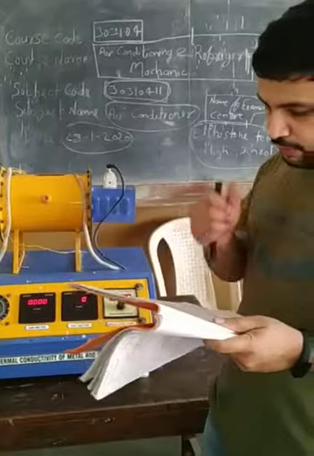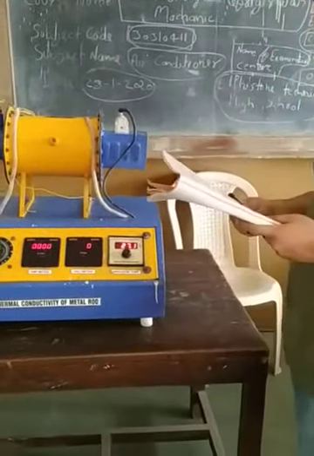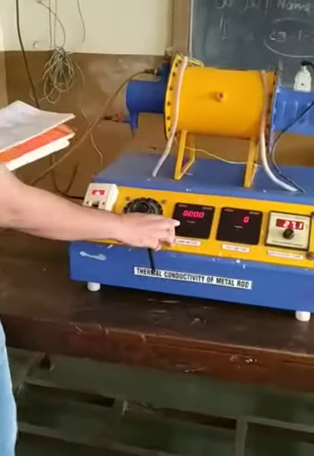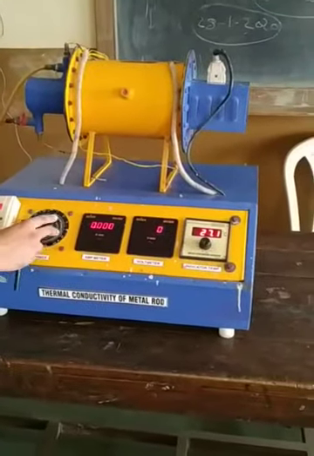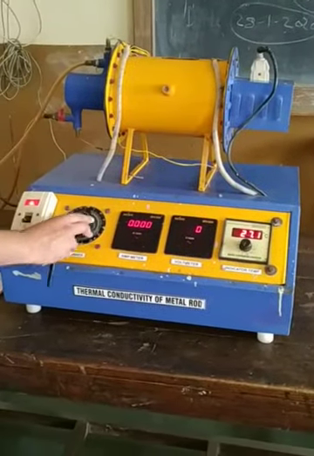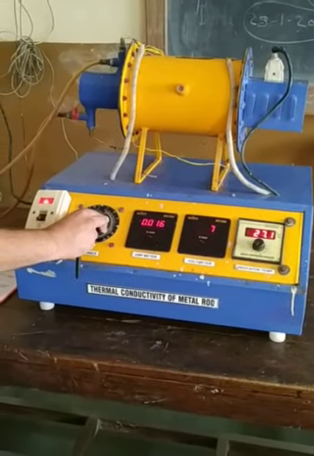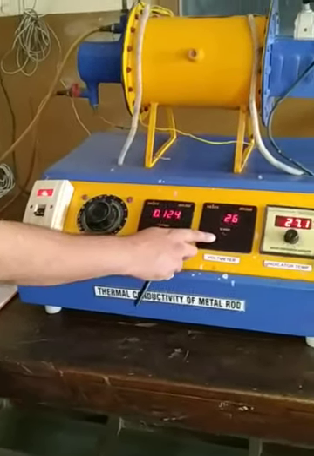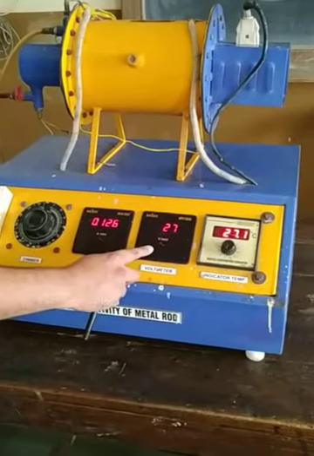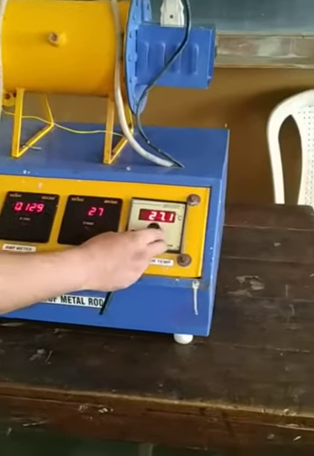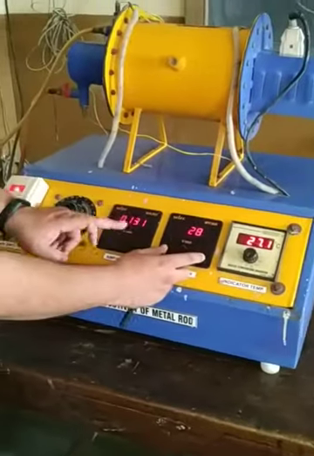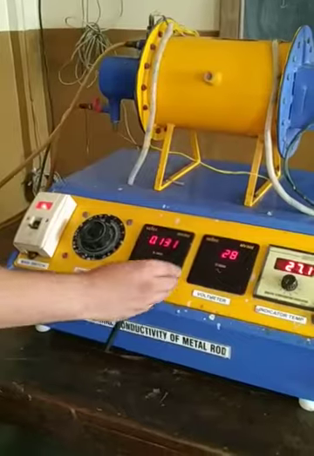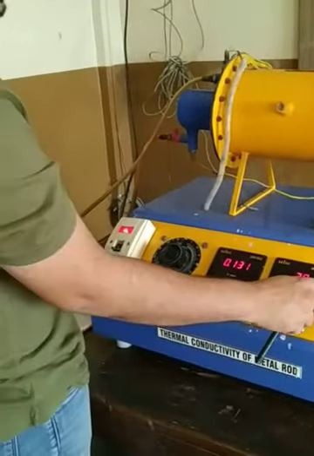Here we want to find out the thermal conductivity. In the observation table, we will take 4 to 6 observations. Right now you can see the current is 0 and voltage also 0. Now I will change this setting. You can see the current is now 0.121 and the corresponding voltage is 26. Then we'll wait, and at this current and voltage setting, I will take the temperature of the thermocouple. We'll wait for a few minutes, and this temperature will change.